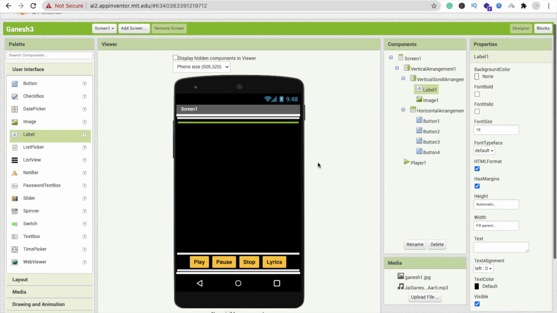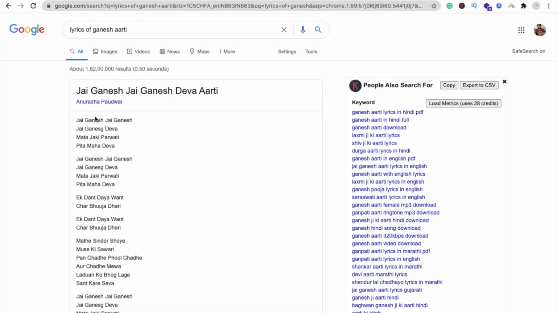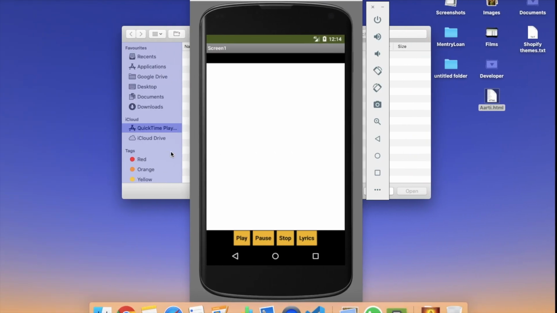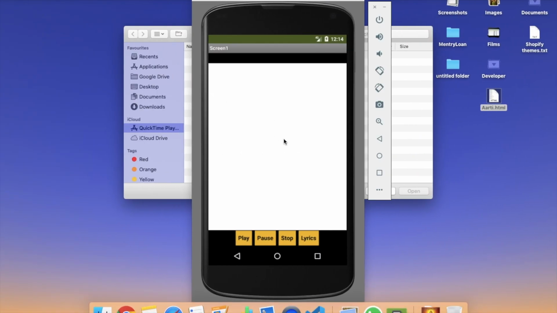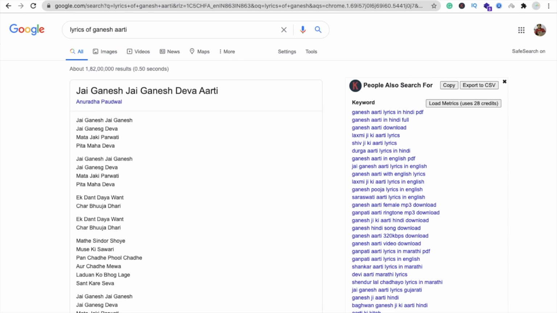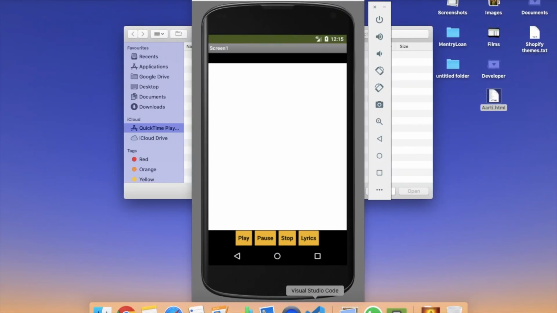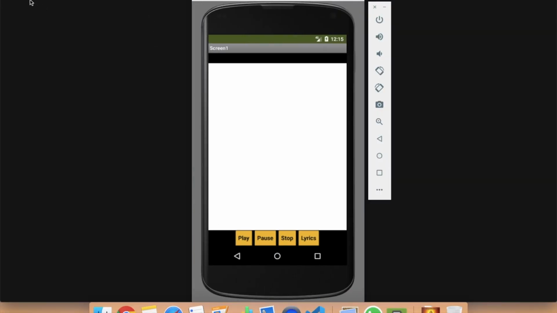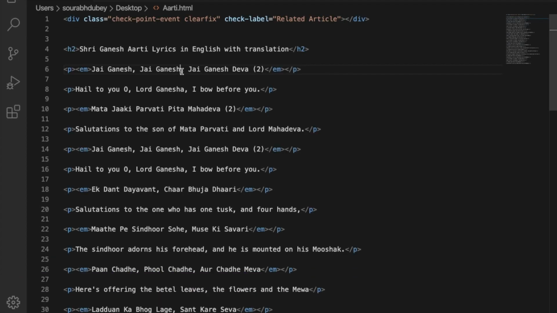It means lyrics. So you can paste the lyrics, but this will not look good. So what I will do, I'm going to make one HTML file and upload this HTML file. There is one option, and the second option is you can upload HTML code also. I already have that code. I will give you the code of this HTML file. Okay, and wait some seconds, and here you can see that's my HTML code of Aarti, right?